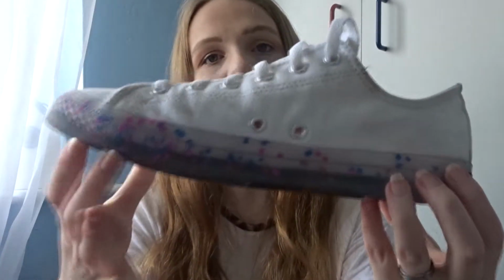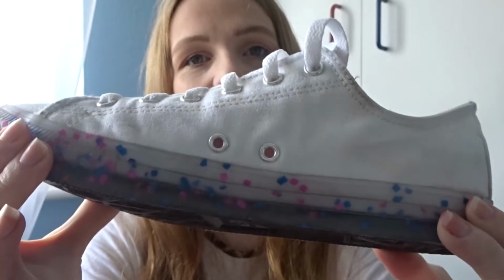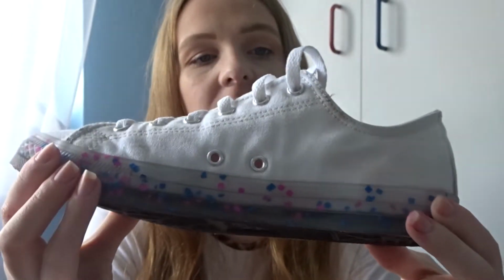I've got 6s in some of my Converse because for the same reason, a 5 was out of stock, and I ended up buying a 6, and I just wear them because they're fine. You tighten them and they fit fine, or you wear thicker socks or whatever you want to do. But this is what they look like. As I say, excuse them being a little bit dirty, but they are the Confetti